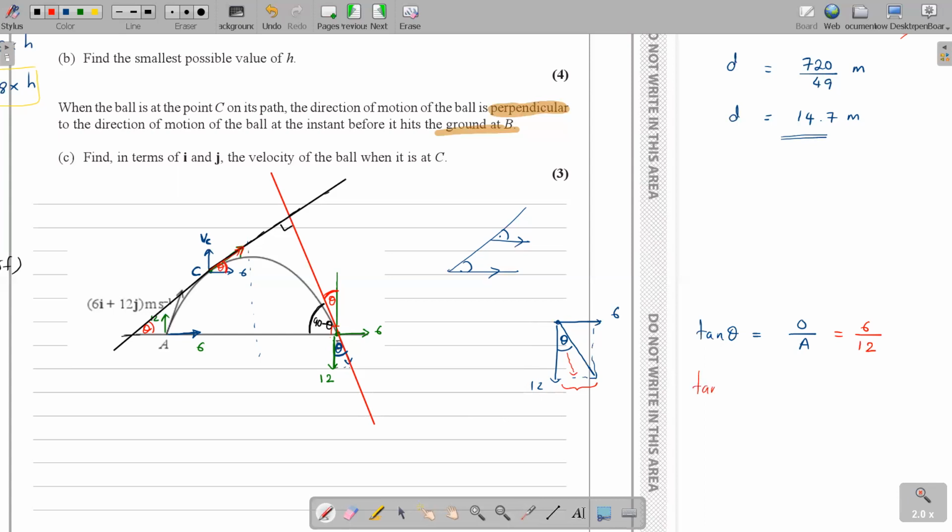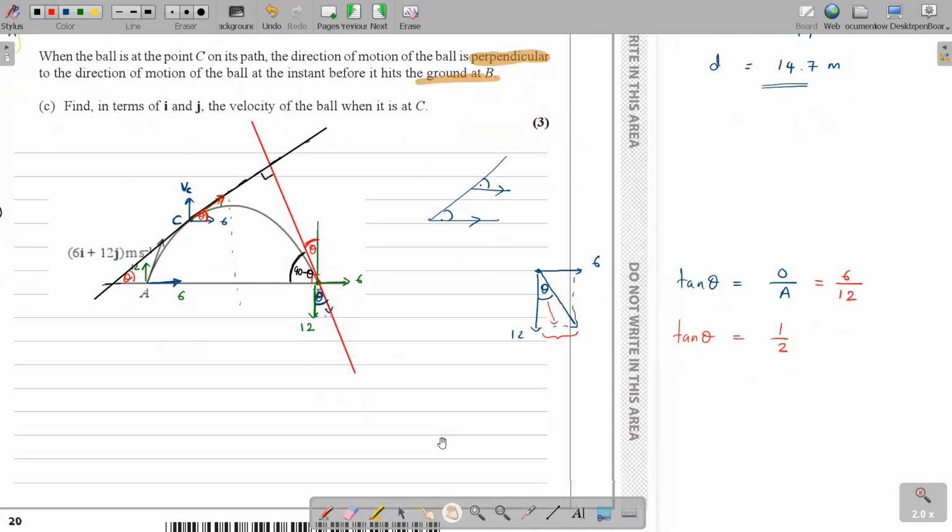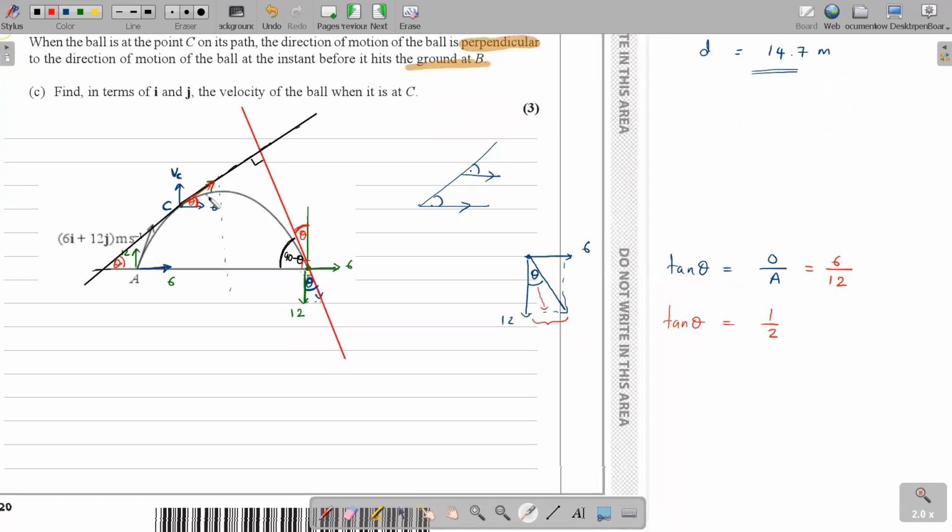So you get tan theta equals half. Is that okay? And then we can use the help of tan theta here. Coming back, I have my theta value over here, so we'll keep it exact. Don't go and take tan inverse to get the theta value. I'll put this velocity as V, the main velocity, the speed.